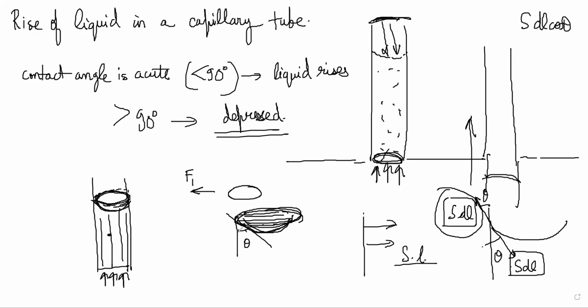Everywhere on that contact circle, this was a tiny portion of the contact, S dL. You go across the whole circle, everywhere the solid is pulling it up like this. So the integral of S dL cos theta will become simply S cos theta into 2 pi r. So 2 pi r S cos theta is my F1. F1 was the force that we were earlier saying was applied by the solid to the liquid. Basically, that F1 is caused by the surface tension. So F1 comes out as S 2 pi r cos theta.